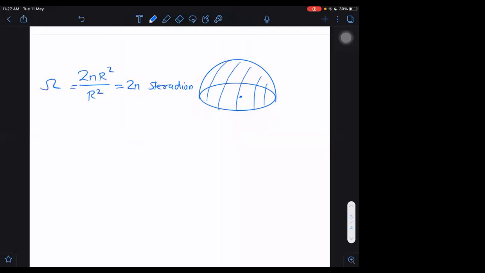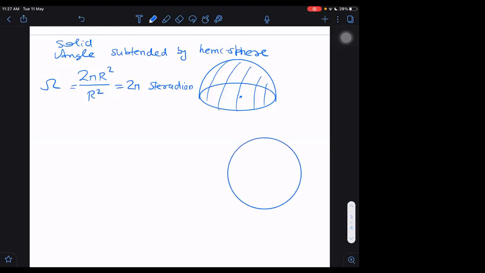Another question. Sir, how did 2 pi r square come there? 2 pi r square is the formula for the area of a hemisphere. What is the total area of the sphere? Total area of the sphere, you know or not? 4 pi r square. Yes, 2 pi r square is half of that. Total will be 4 pi r square for this sphere.